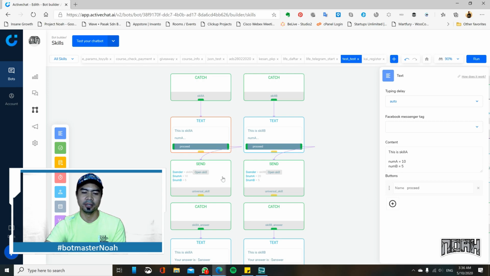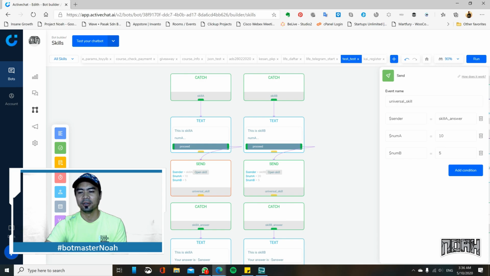Once I click the button, I just put one send block. As you can see here, I have multiple parameters, multiple values that I am sending to the universal skill. One of them is a parameter named sender. This is the parameter that I want to tell the universal skill